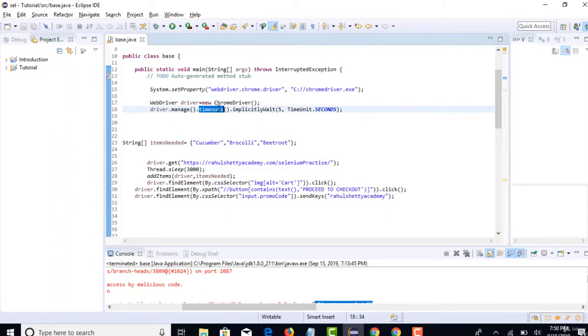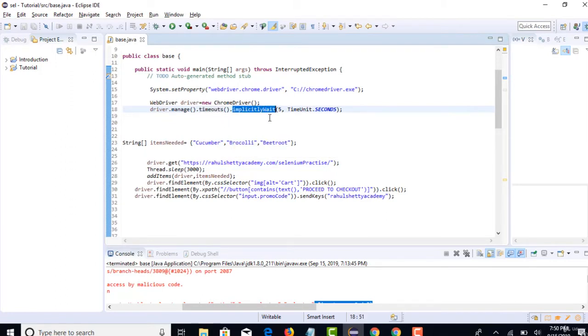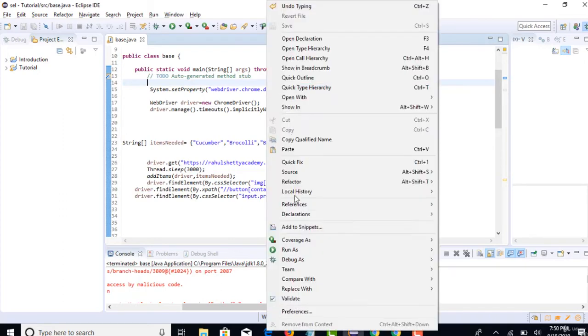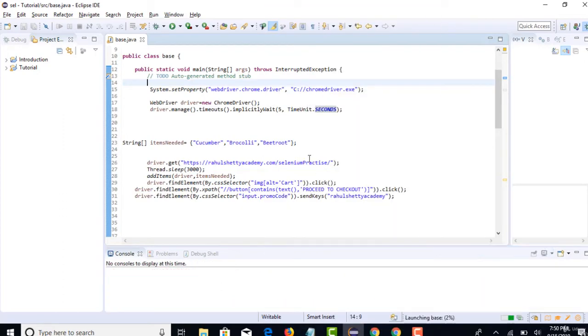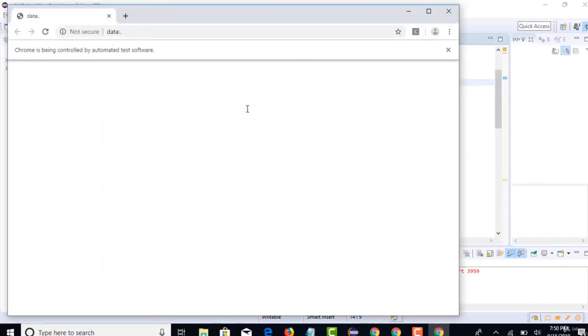In timeouts, you are saying that you are going to use implicit wait, and then you are going to wait for 5 seconds, and you have to say whether 5 is milliseconds or seconds. That's what you declare here. So this is the step which will help you to apply it globally. Now even if each and every step takes 4 seconds to load, your test will still pass because you have an implicit wait which is applied globally.